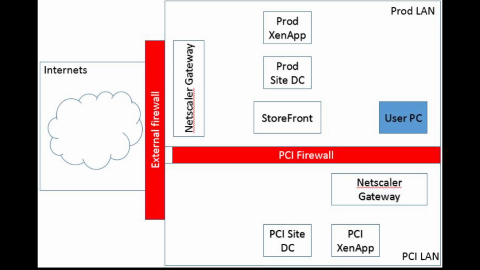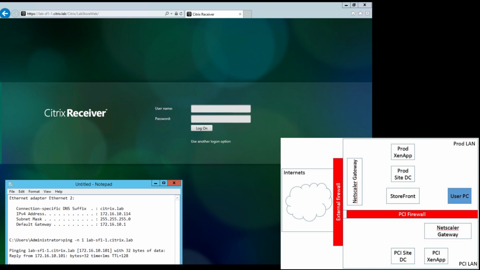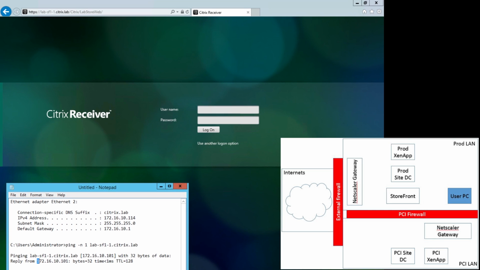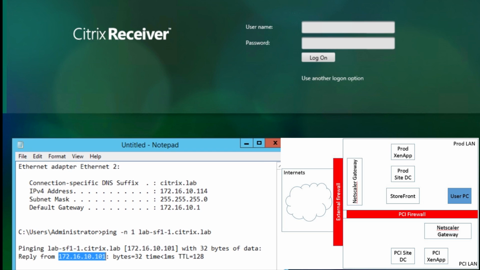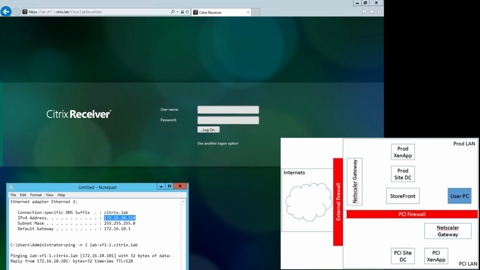distinct zones separated with a firewall, and the screen that you're seeing is a user PC that's sitting on the same network segment as my storefront. You can see here I've got storefront living on 172.16.10.101, and I have the IP address of my client here at 10.114. So these are on the same network segment, and what I'll do is demonstrate that we can connect to a